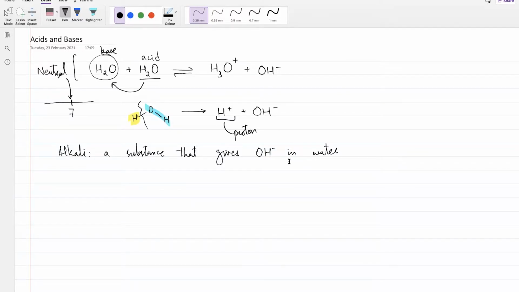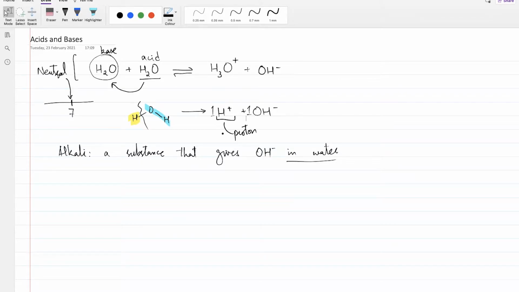And of course, saying that it is dissolved in water is kind of like, what else would it be dissolved in? It can't be dissolved in itself, but sure, it fulfills the requirement of the definition. So water is acid because it gives proton, the H positive thing, and water is alkali because it gives OH negative, and because it's doing it equal parts, it has 1 mole of H positive that it's going to give and 1 mole of OH negative that it's going to give, equal parts. That makes it a completely neutral thing.